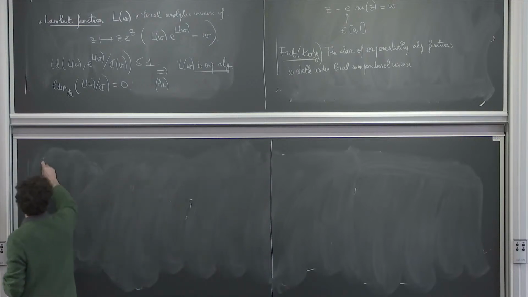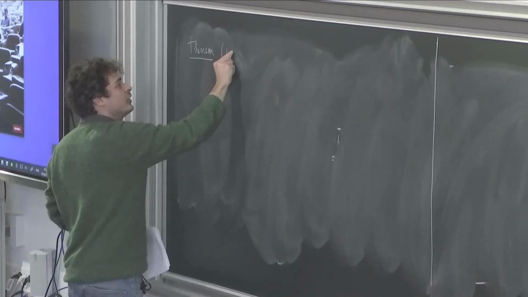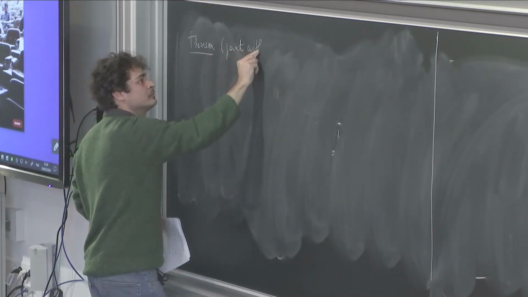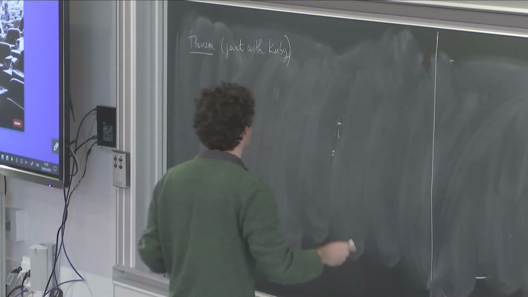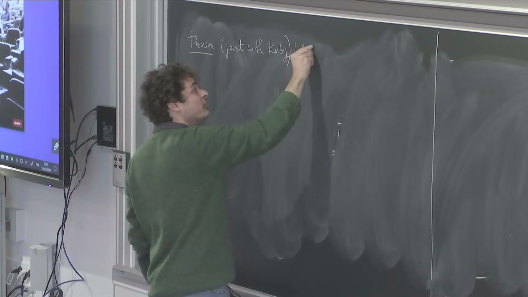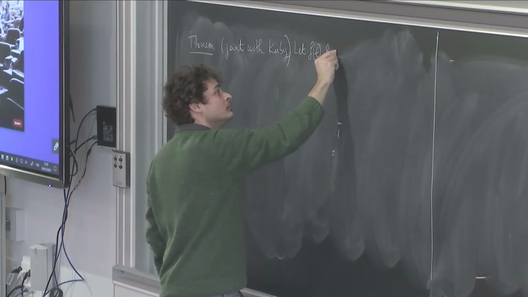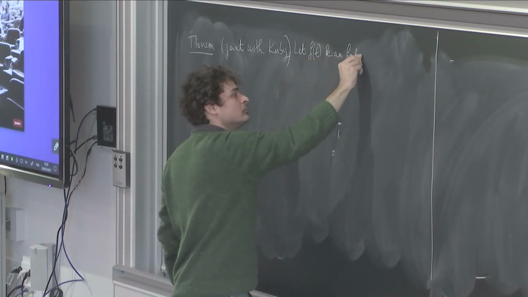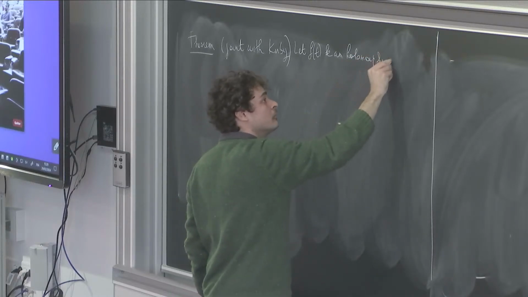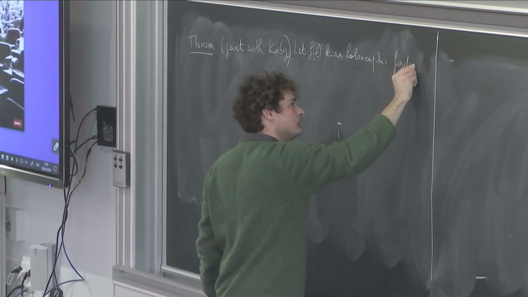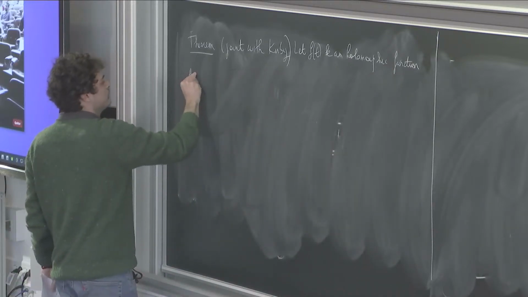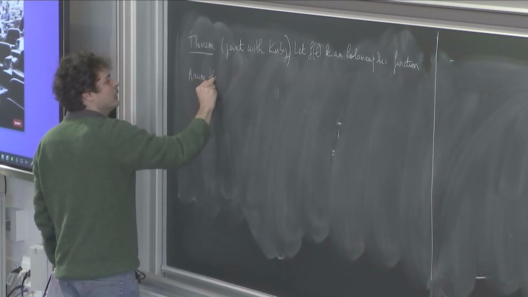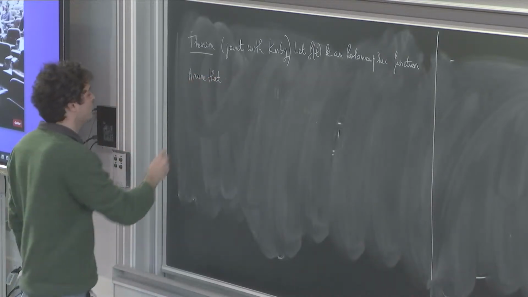And so the theorem, which is done with Jonathan Kirby, tells you that if you take a holomorphic function of one variable, and you assume two different kinds of hypotheses. So you assume that this function is